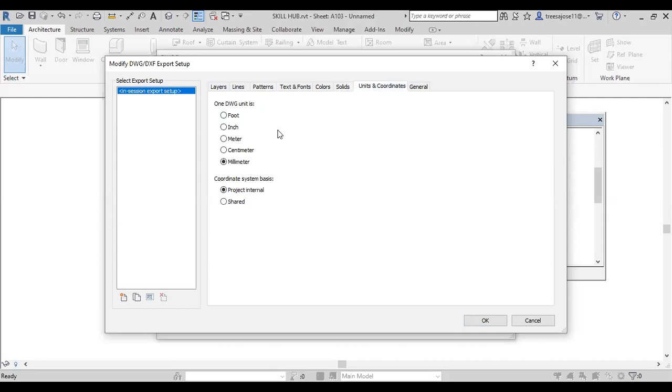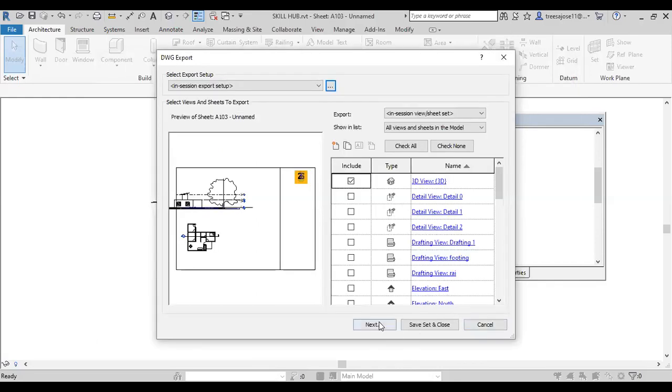Okay, select the current unit, because now the measurement is in centimeter. You select this centimeter. That is important. These are the two important ones: you select the current unit, then the solids, and the rest of the portions are up to us. Otherwise, you can change it later from AutoCAD also. Okay, then okay, then next